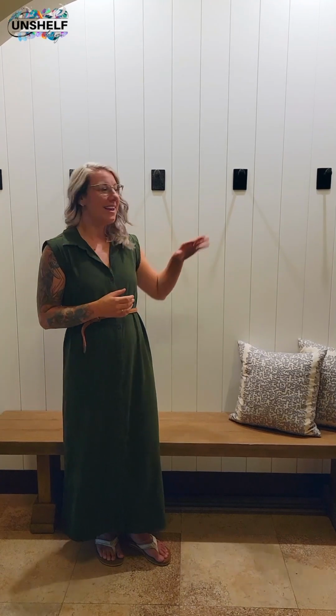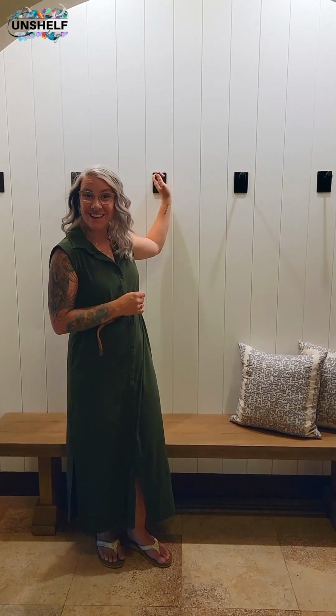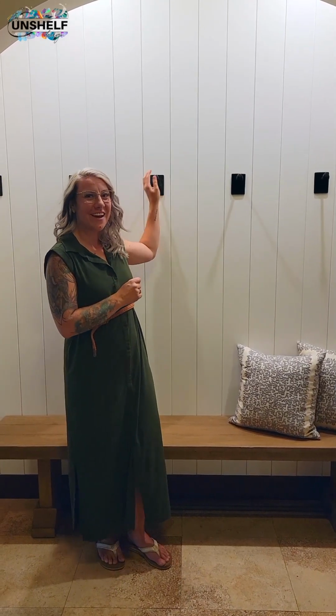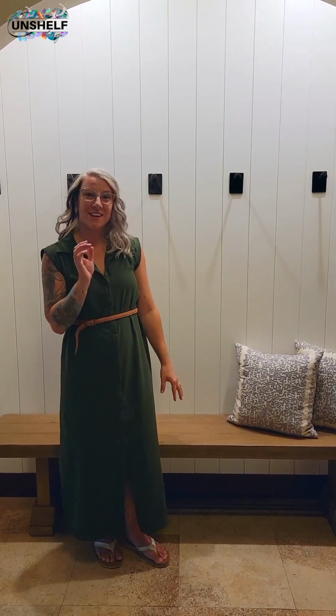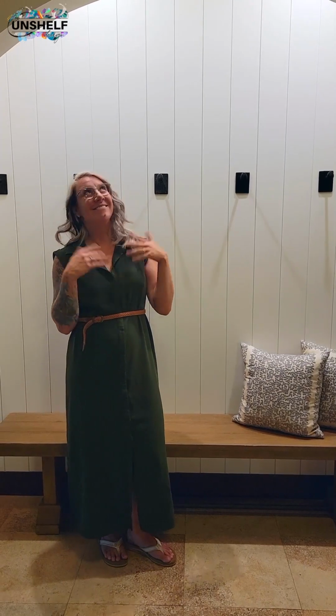When they come in, they can put all of their things on these hooks, which we created, or which I got off Etsy actually, as railway nail hooks. So they're kind of fun. They're cast iron, and then we brought in this bench, which has another cast iron element at the bottom, and custom pillows that are a little bit textured and just warm up the space a little bit. And my favorite part of all,